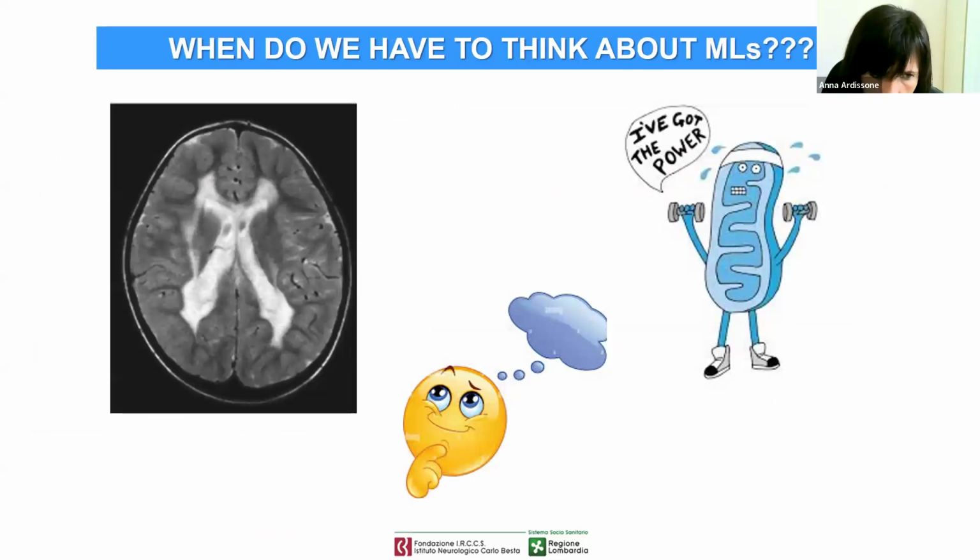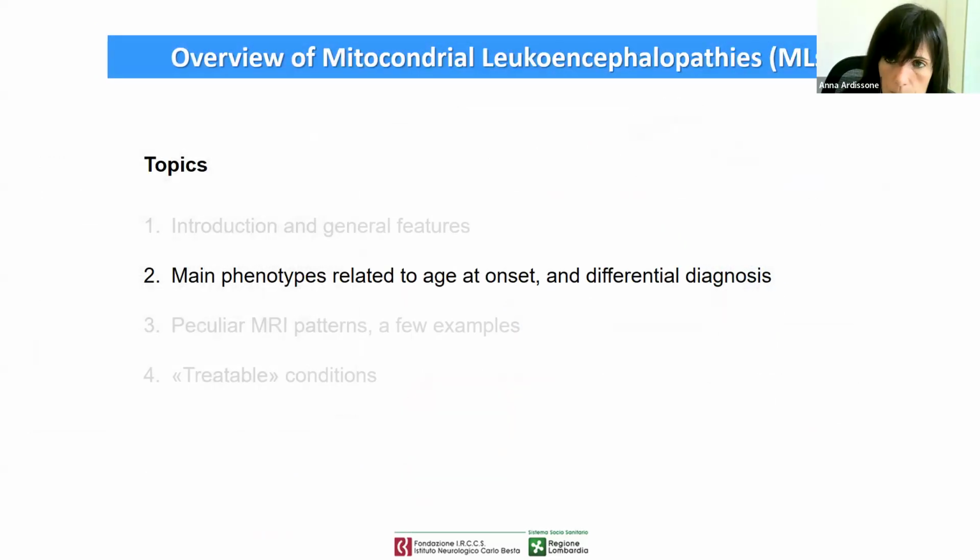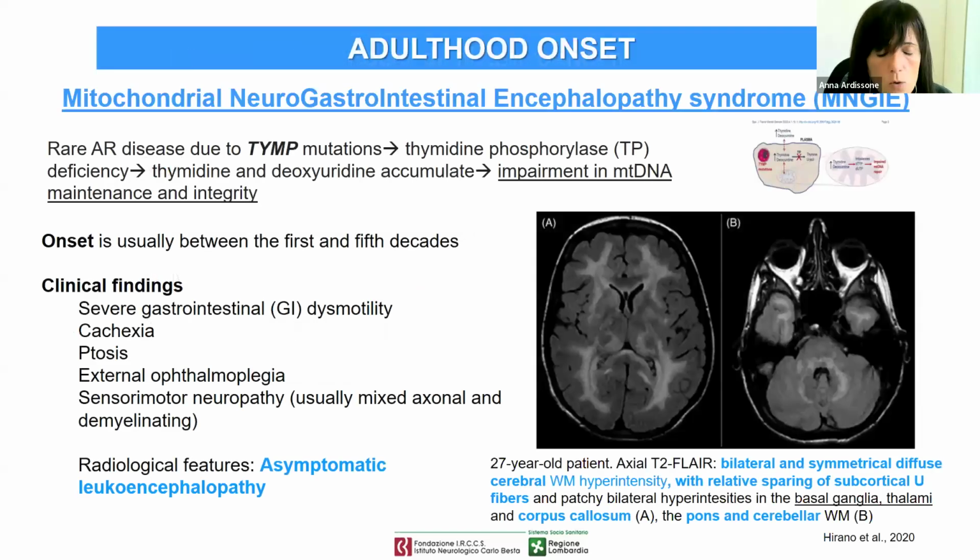But moving on to the clinical setting, when do we have to think about mitochondrial leukoencephalopathy when evaluating our patients? And so when do we have to suggest this kind of diagnosis? So we move on to the second topic, analyzing the main phenotypes related to age at onset. As we said before, adult onset is not frequent among mitochondrial leukodystrophies, but it is very